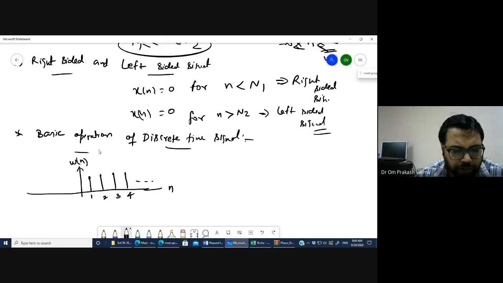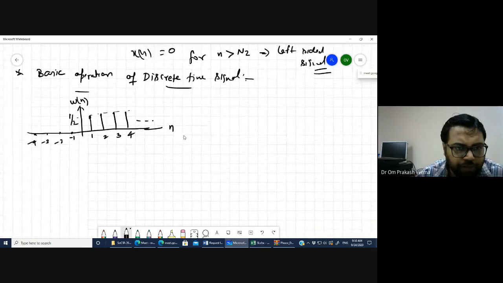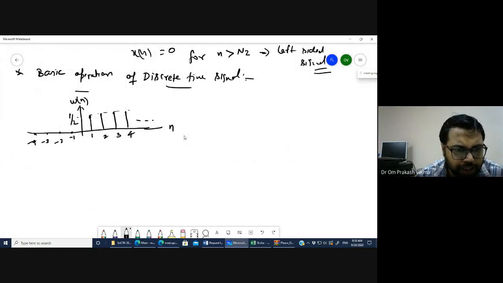So this is the n axis, and at -1, -2, -3, -4 all the values are 0, and let's say the magnitude is 1/2. This is the w[n]. Now I'm taking another signal, let's say x[n],